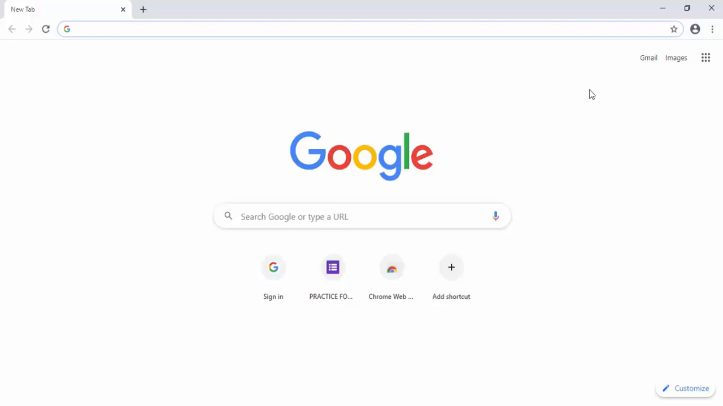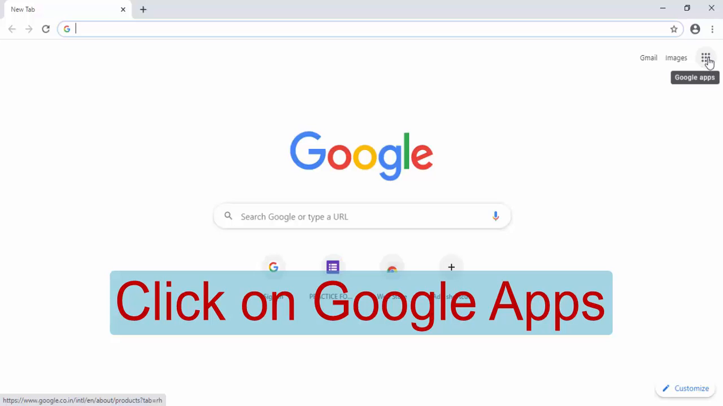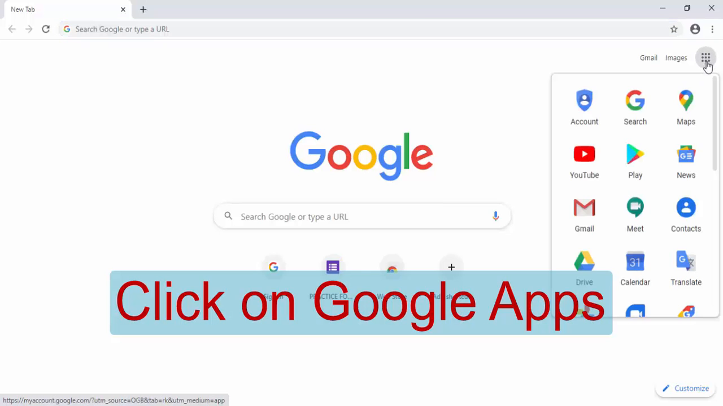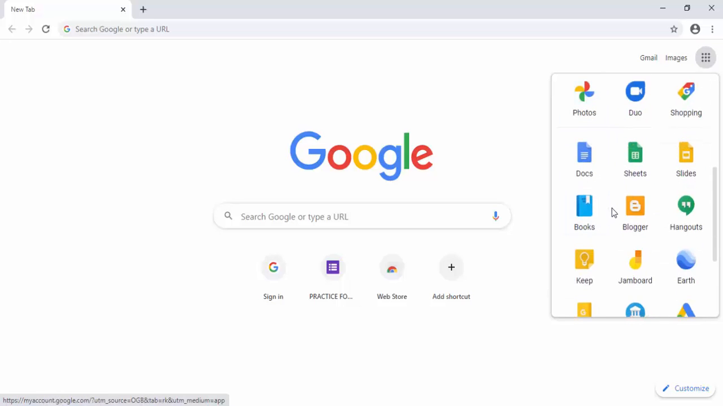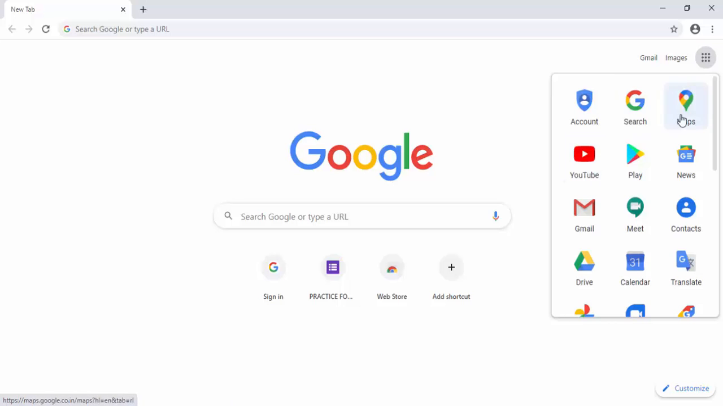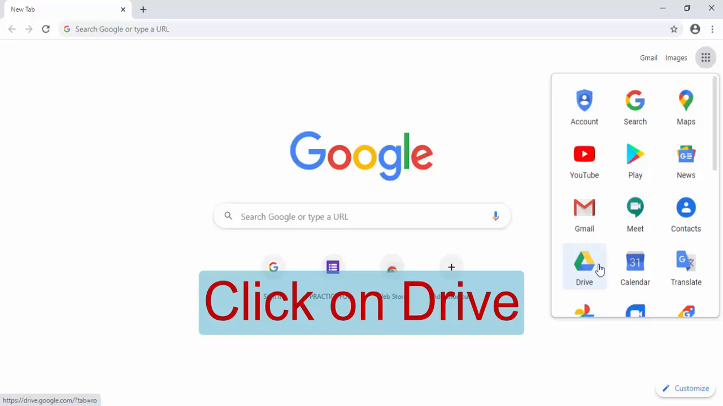just go to the top right corner of the screen where you will find small dots like a box, and it will be written here Google Apps. So just click on this particular option and you will see several apps here. So in order to use any of these apps, you need to first sign in to your Google, and in case if you have already signed in, you can directly go to the Google Drive option and then you can start your work, or else you can just click on this drive option,